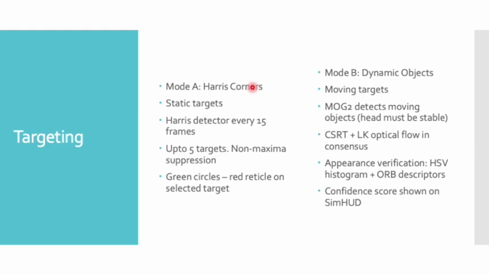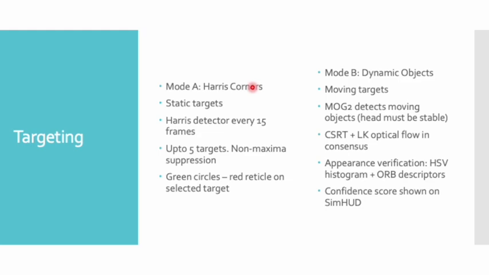So I built a stability gate. I monitor frame to frame changes in pitch, yaw, and roll. Once all three are below 1.5 degrees per frame for 8 consecutive frames, I consider the head stable and I start showing candidate boxes. Once you lock by pressing the key L, CSRT takes over as the primary tracker with